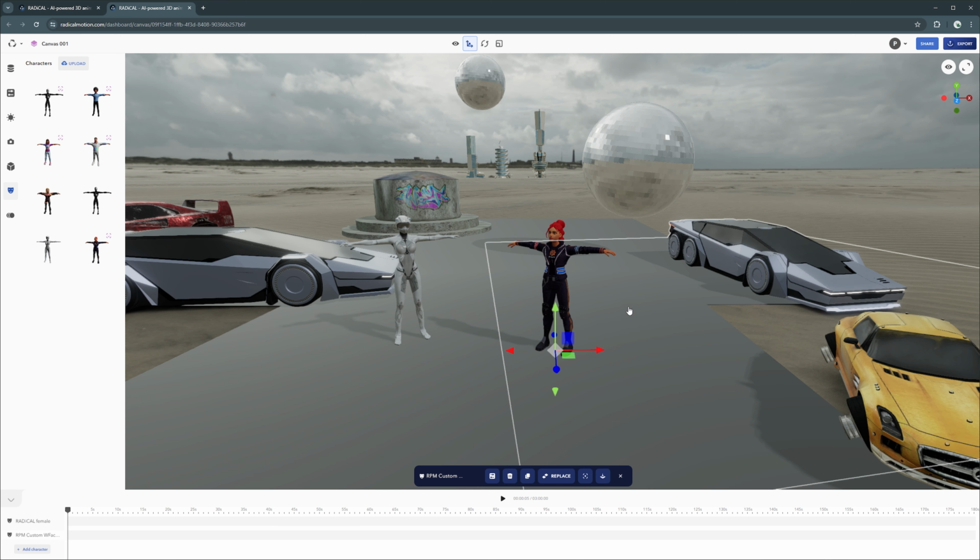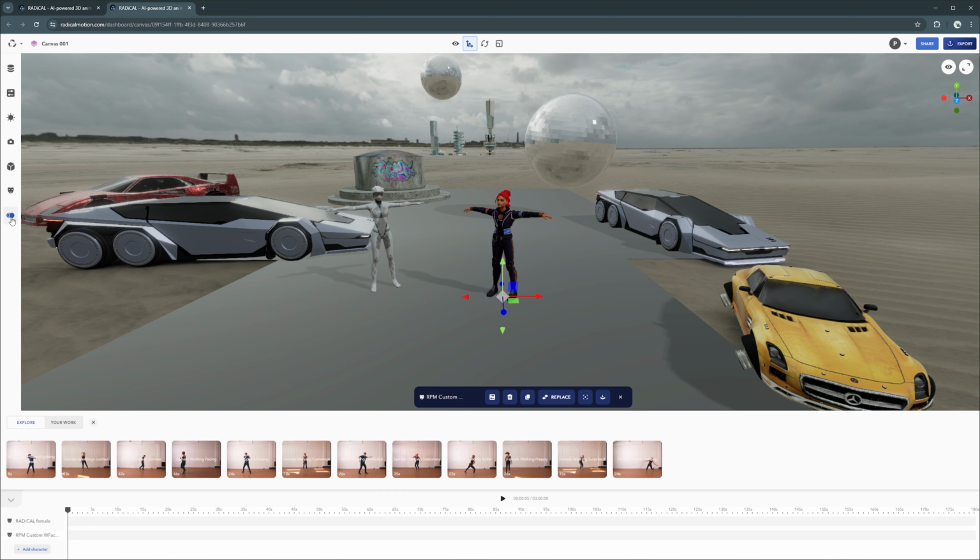Animation can be applied to a character via the timeline, which is shown at the bottom of the interface. Below the Characters tab is the Animation tab. Selecting it brings up the animation to be added to the timeline. These animations are linked to your core projects, so anything you upload on Access through Core is linked back to Canvas. If you've not uploaded anything to Core, we have a curated list of animations for you to choose from